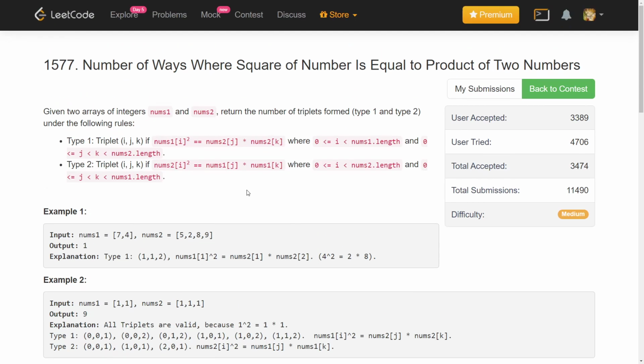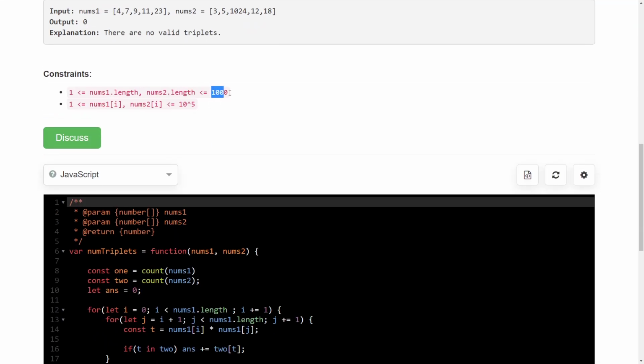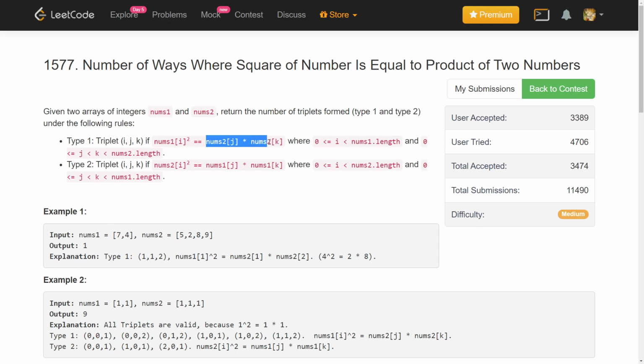So how do we solve this question? Because all the possibilities are here, the solution will become quadratic, and because the length is only 1000, we can just brute force over all the possible products, and we just need to check if the square root of this product is present in the nums1 array, right? Hope that makes sense, because this is just simple brute force, and this can be done using a map. So we iterate over all the products, take the square root, and see in a map if it is there from nums1. If it is there, then a triplet will be there, right?